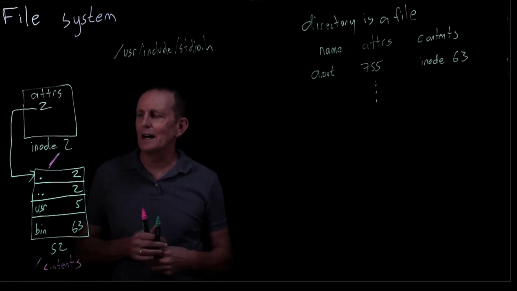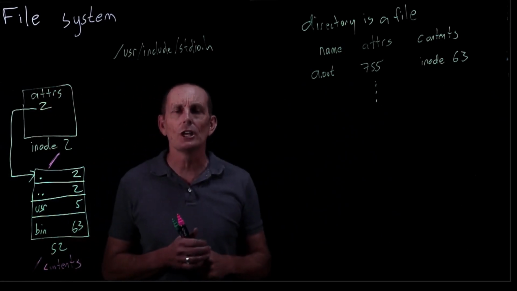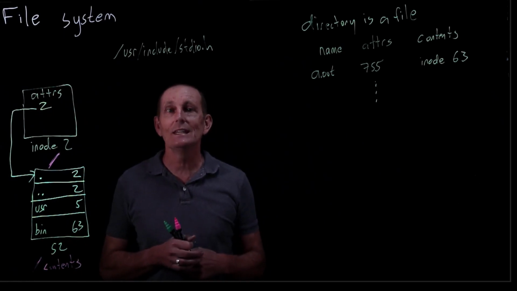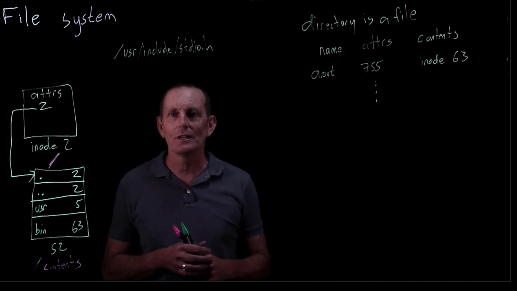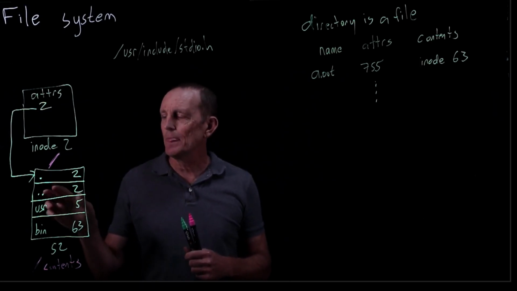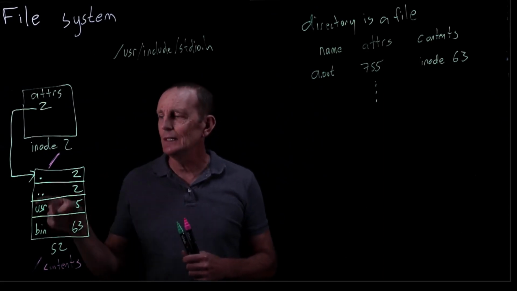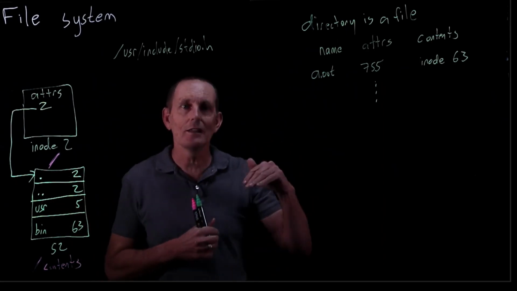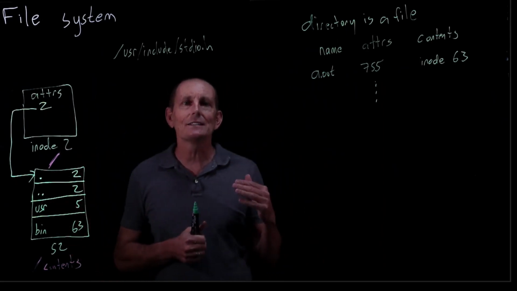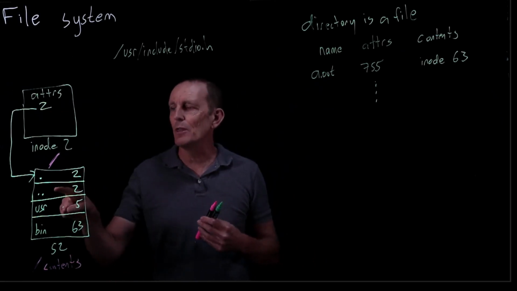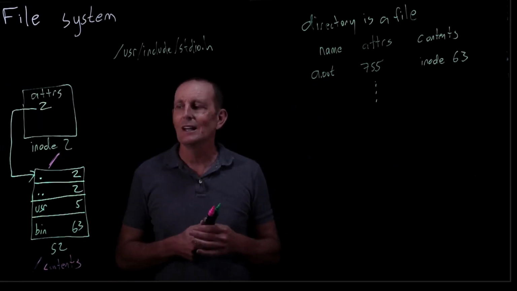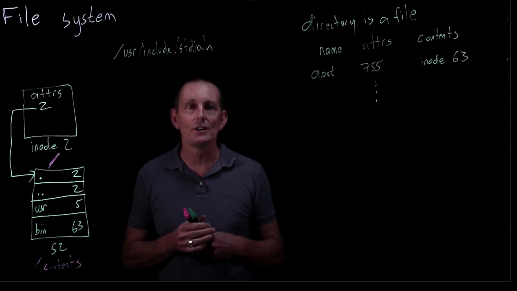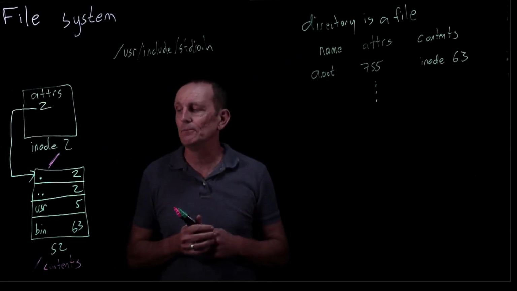Before we look at user, let's look at this dot and dot dot. When you are in a shell and you say cd dot dot, the shell doesn't interpret that any differently from any other directory. So dot dot is actually a directory entry in every directory. So every directory has both a dot and a dot dot. The dot points to itself, that is its own inode, and the dot dot points to its parent inode, except for the root, where dot dot points back to the root. So that's an interesting idea where we don't need special knowledge of what dot and dot dot are. We just need to set up the file system appropriately.